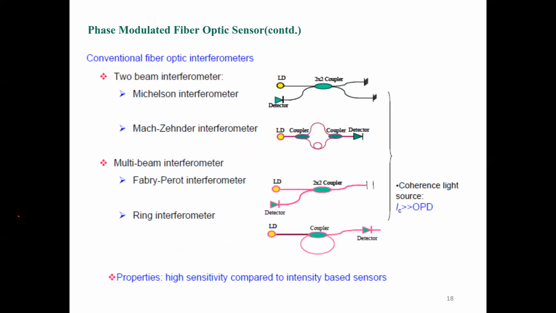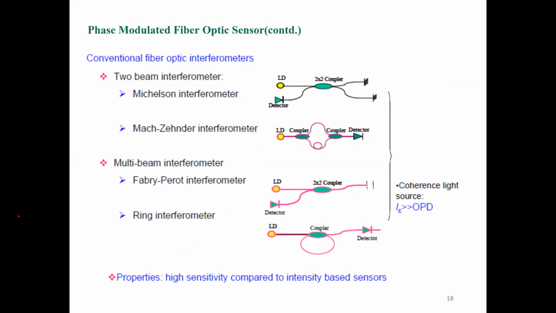Then there are some sensors which are based on interferometry. Interferometry means we divide the incoming light into two portions and then again combine it. So we are basically interfering two lights, and based on this combination, we'll get many interesting parameters. If you read about interferometry, you know the Michelson interferometer, Mach interferometer, Fabry-Perot interferometer.